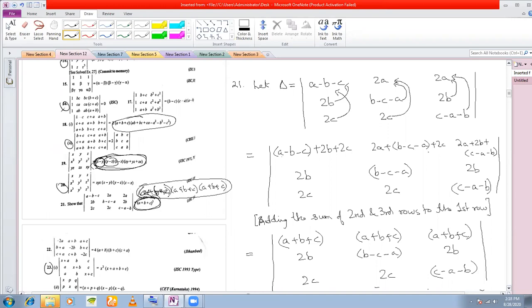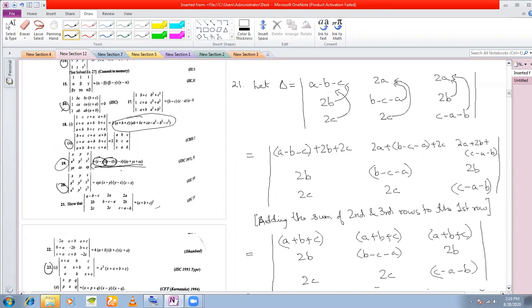So that is something that you will have to remember. You have to see what you have to prove. Sir, can you explain once more what you are telling? What I am trying to tell you is that whenever you have to prove a determinant is equal to something, you always have to keep an eye on what you need to prove. For example, look at 19. In 19, I had how many factors? 4 factors. That means what came to my mind was that if I can take x minus y and y minus z out of the determinant, I will definitely get my other factors, isn't it?